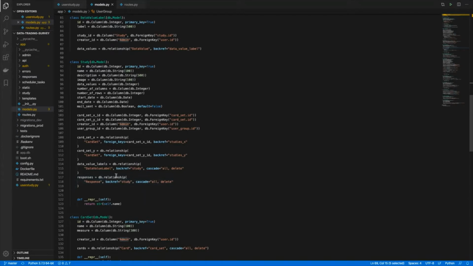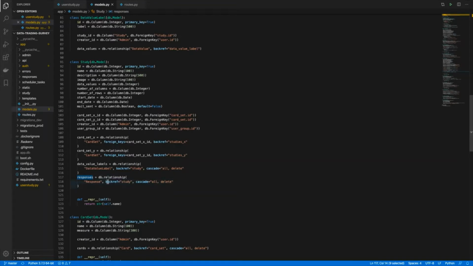So here we have a relationship between the study table and the response table, which is found lower down. And so it's saying that a study can have multiple responses.